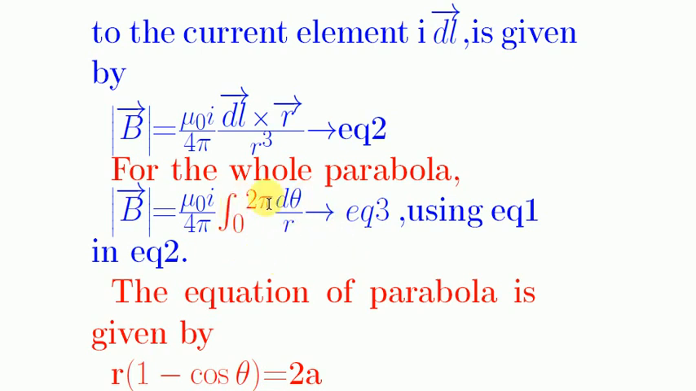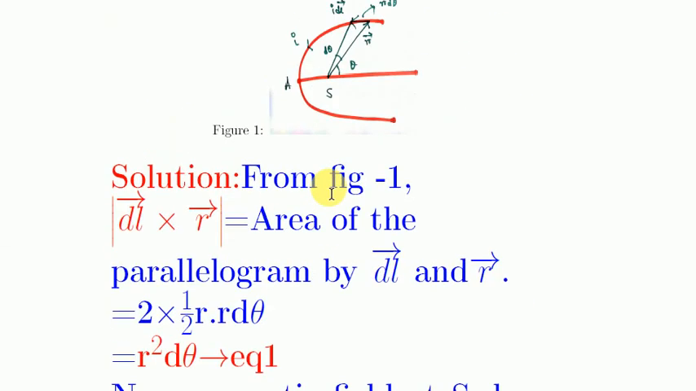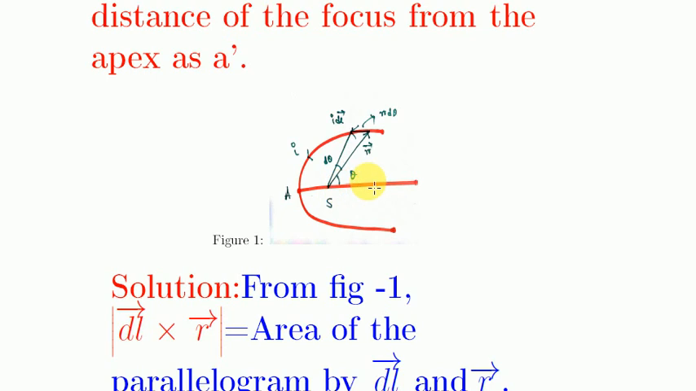This integration from 0 to 2 pi, this integration symbol and this limit is due to the whole parabola. Let us see the diagram. The limit of the parameter theta is 0 to 2 pi. If we take the limit of theta, which is 0 to 2 pi, then this limit covers the whole parabola,